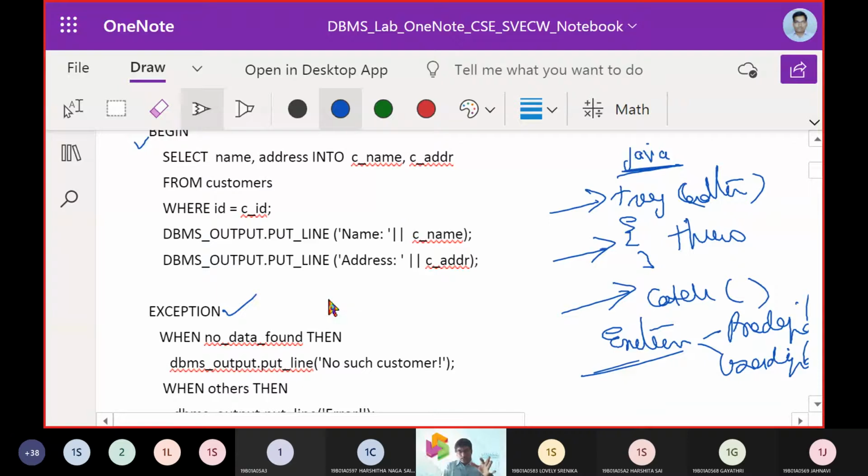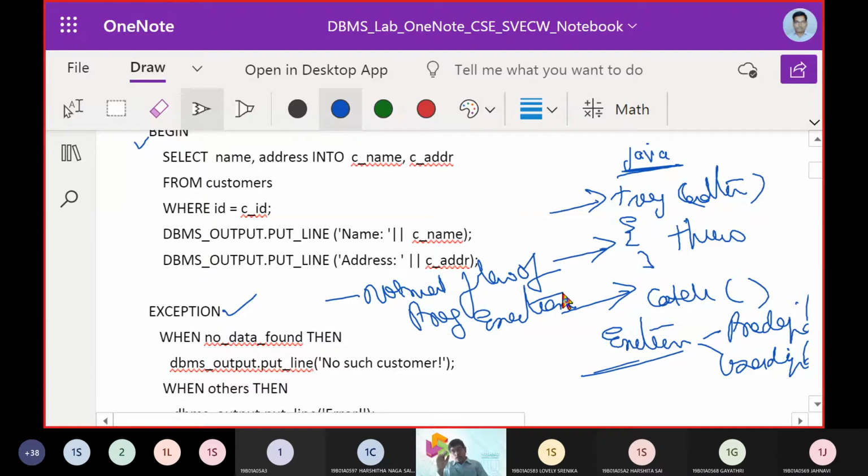So exception says that we get the normal flow of program execution. You will not get any unsuccessful hang-ups of the computer or abnormal terminations. Such unusual conditions that you are not expecting will not come. You will come out safely from the program loop. For that, we are going to use an exception.